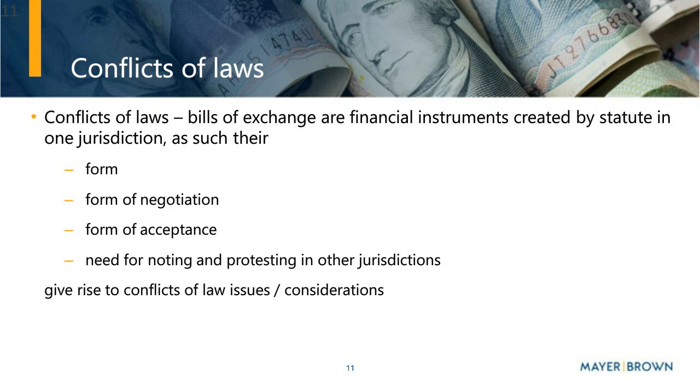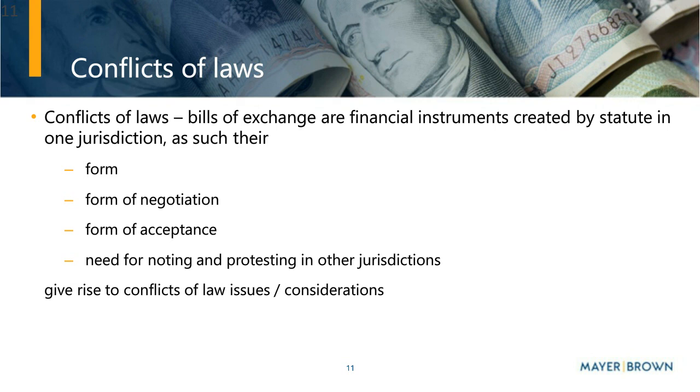Next, what laws govern the form of the bill of exchange, i.e. what are the requirements for what makes the instrument a bill of exchange, and some of the things that Massimo was discussing earlier. In this case, English law says that the form will be governed by the laws from where the bill is issued, which is typically the place where the bill is drawn. Similarly, the laws governing the form of an endorsement are the laws where the endorsement is made.